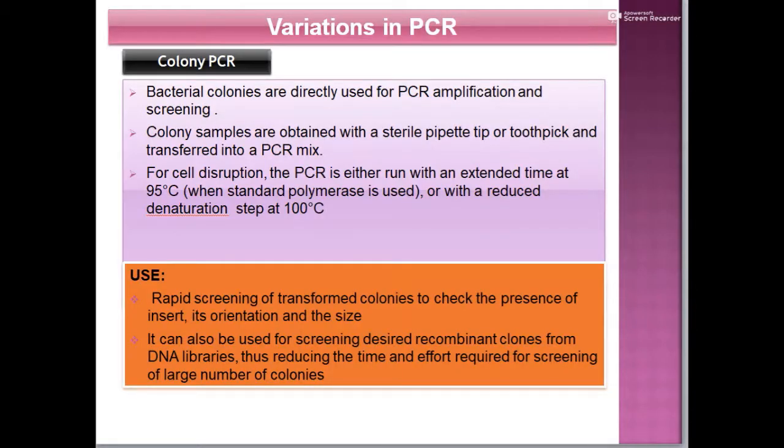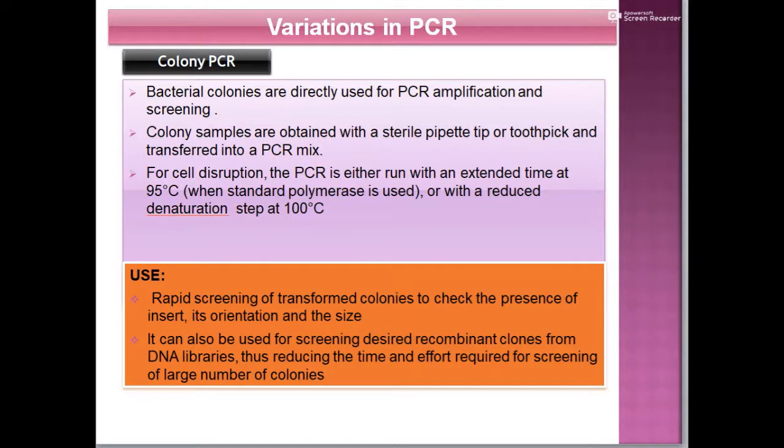Now coming to the variations of the PCR. There are different types of PCR. One is a colony PCR, where you take a small fragment or a small speck of the colony, not purified DNA, and directly use it for PCR amplification and screening. The colony samples are obtained with a sterile pipette tip or a toothpick and transferred onto the PCR mix,